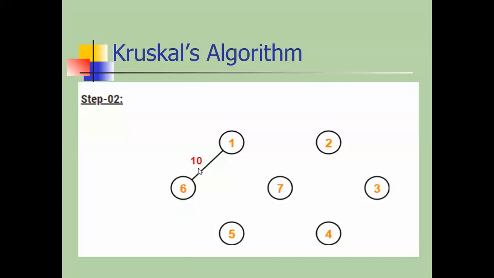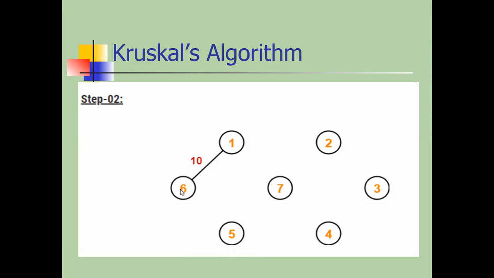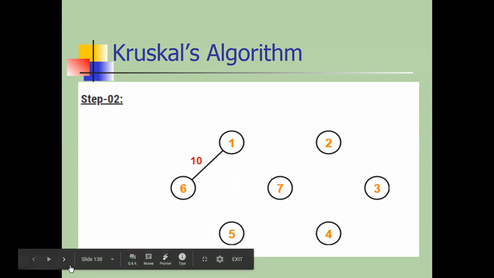Because this is minimum. Kruskal algorithm works on edges and Prim's algorithm works on vertices. Means हम यहाँ पे क्या कर रहे हैं, randomly जिसका सबसे minimum weight है वो vertex pair हम select कर रहे हैं, isn't it? Means we are selecting one edge here. Okay, so randomly we can do, but in Prim's algorithm randomization is not possible because the node should be visited first. Okay, this is the difference between these two algorithms.